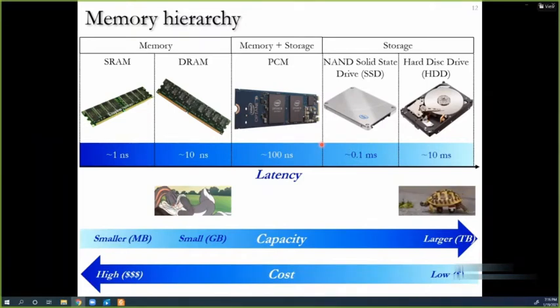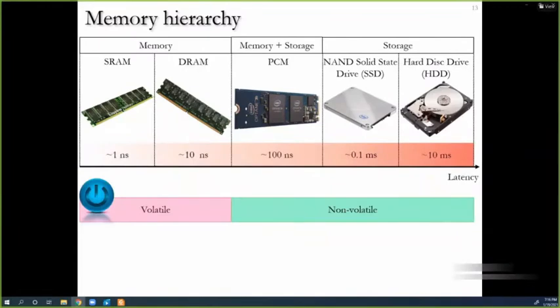So the features that we have for PCM or its other counterparts are in the middle of the memory technologies and the storage technologies. And that is why they can smoothly bridge the gap between the memory and the storage technologies. Besides the speed, PCM and its counterpart technologies combine several advantages of these existing memory devices and several advantages of